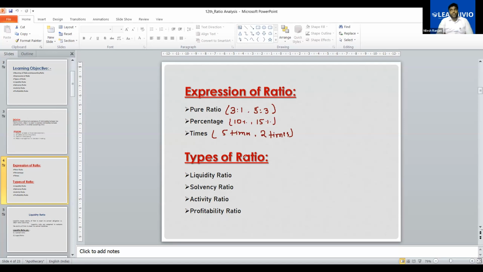The third is activity ratio. Activity ratio tells us about the efficiency of a company in performing any actions. Like, we are producing goods, so how much time will it take to convert our goods into sales? If we are converting our stock into sales very fast, then it is good. Otherwise, your stock will be kept in the godown, and rats and termites destroy goods. So that is also a bad situation. Now, how